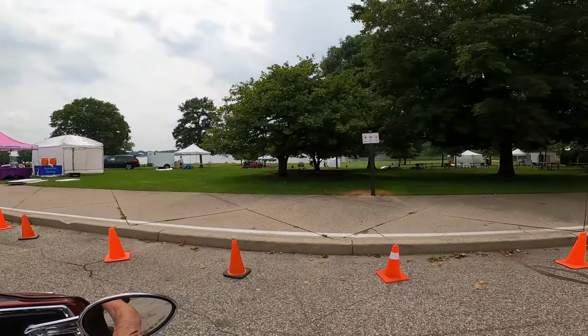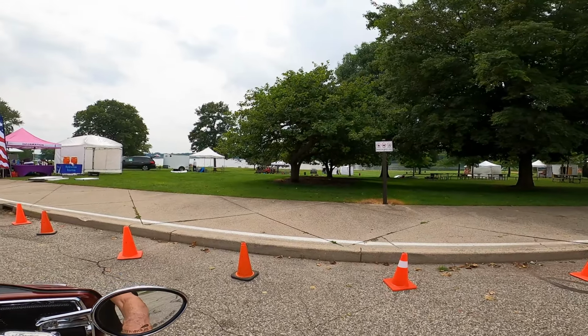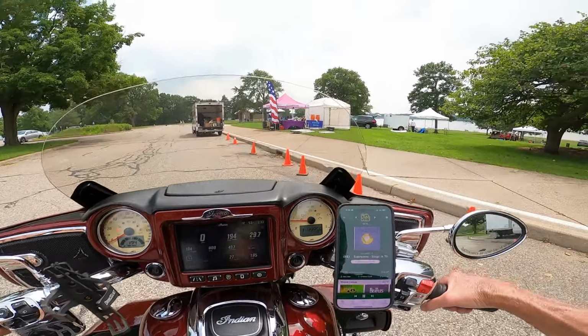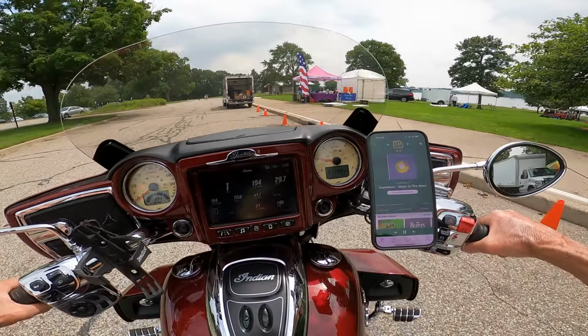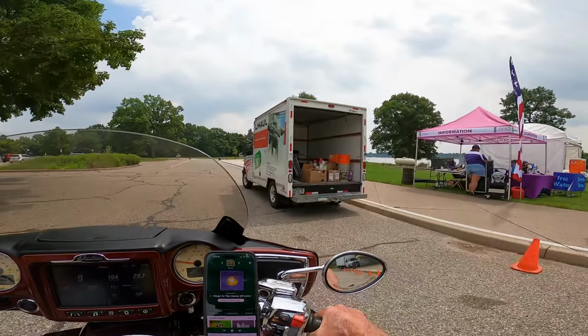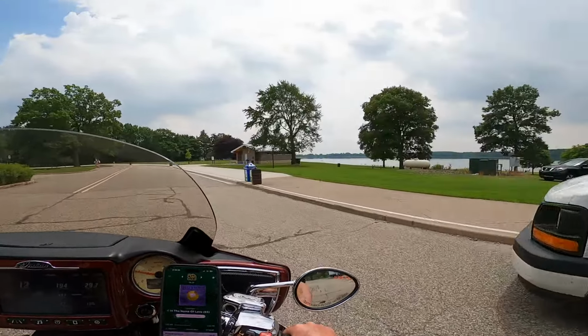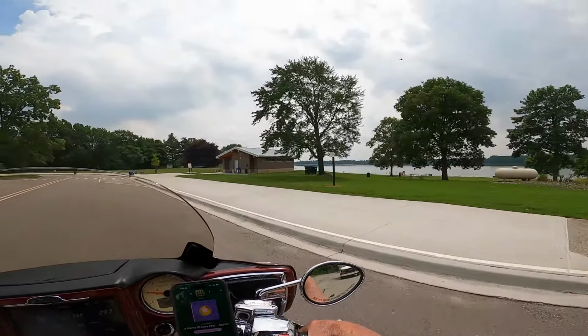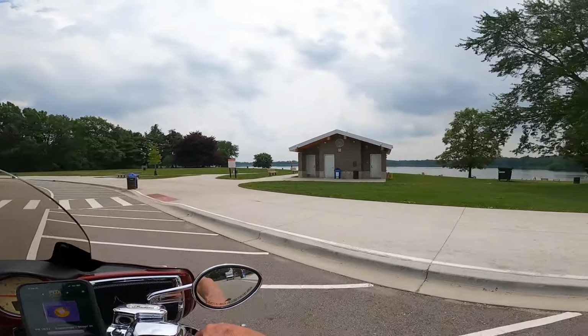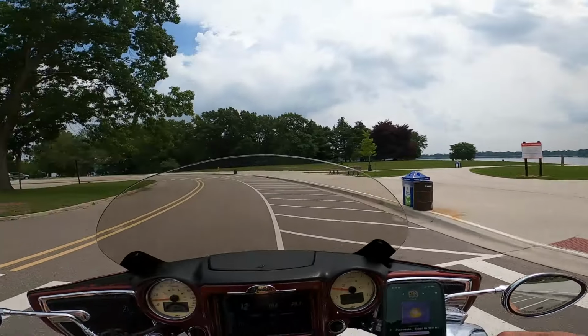So what do we have going on here? Looks like we have a little festival going on. It might be tearing down. What time is it? It's 2:30. Oh, by the way, it's 95 degrees and I'm by the water here. I used to work at this beach way back when I was in high school. Anyways,